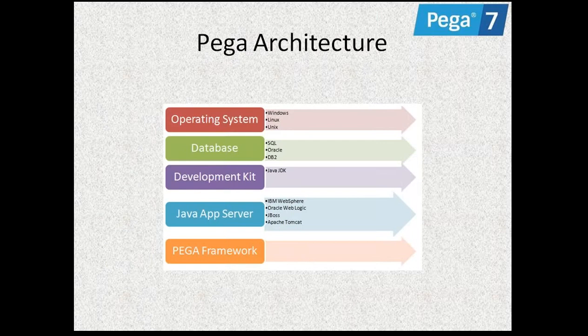And coming to the architecture of this Pega BPM, Pega in the backend contains some architecture. What are the things required? An operating system. We are developing web applications, right? A database is required, and Pega is a Java-based application, right? Automatically we require Java. It will install the Java JDK, and an application server is required. Pega supports many application servers: WebLogic, WebSphere, Tomcat, JBoss. In real time, they can select any application server and work.